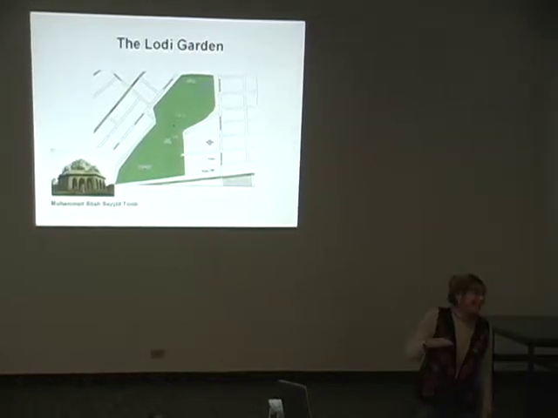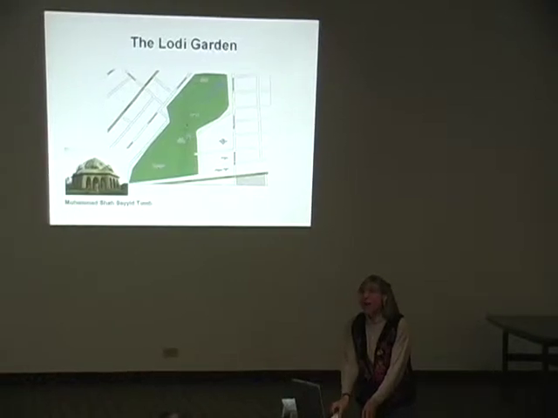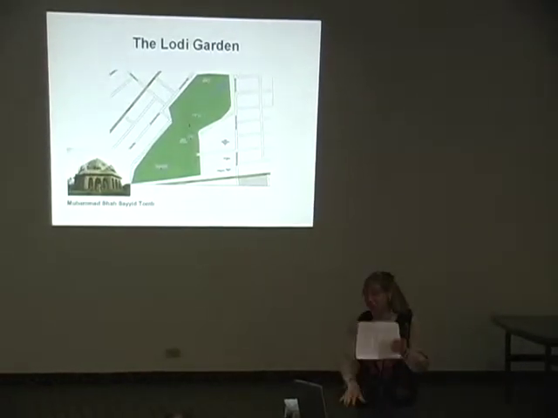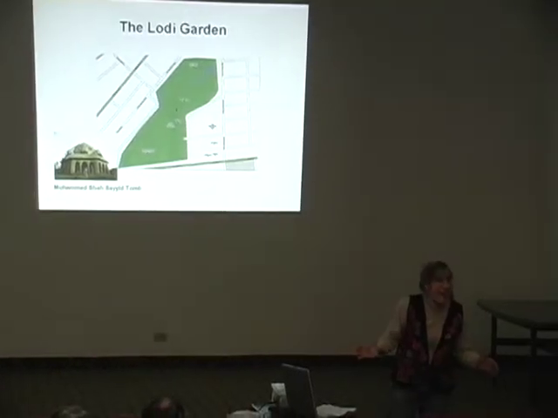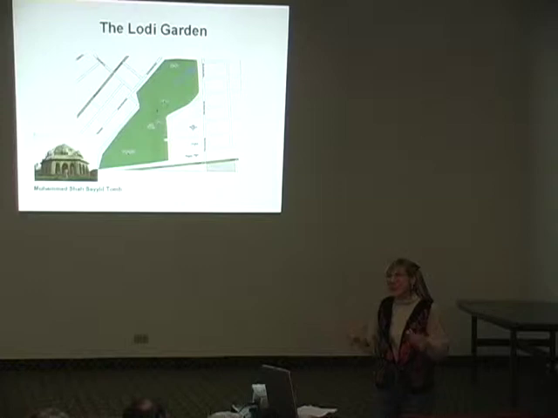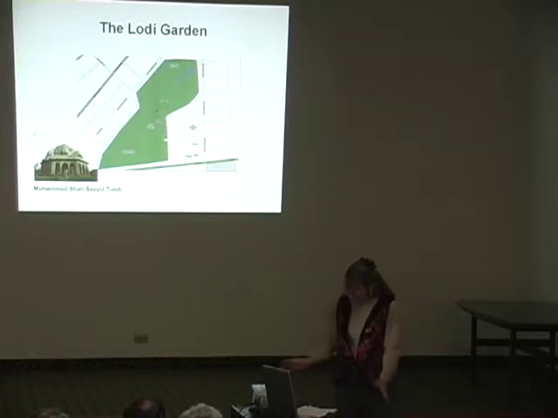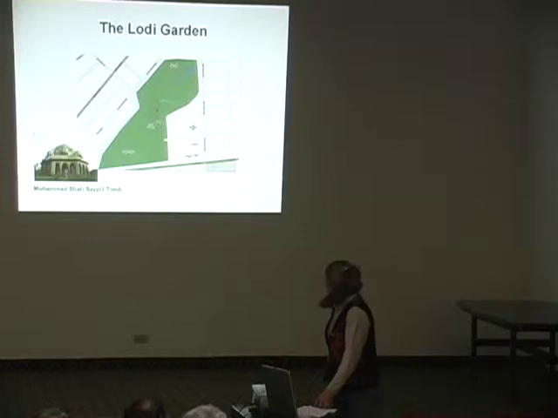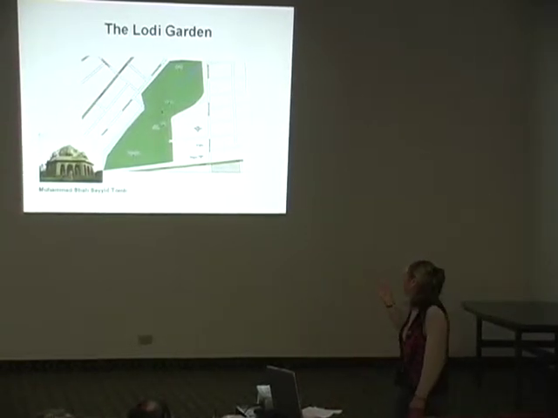And they brought in an American landscape architect, Garrett Eckbo, and they redid Lady Willingdon's garden. They re-landscaped it with jogging paths, with rose gardens, to make it for the upper middle class of New Delhi. And consequently, let's go and look at the history. Why did they choose this particular spot?